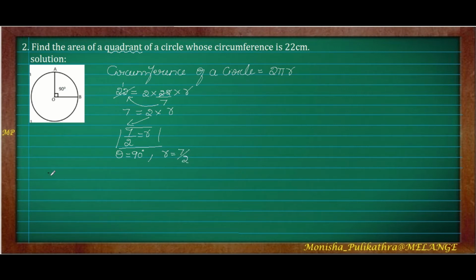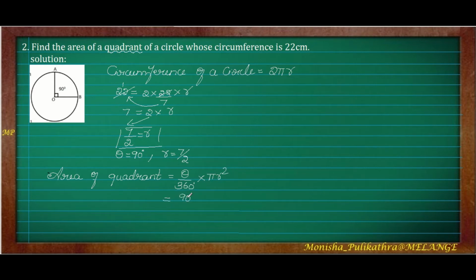Next we need to find out, as usual, the area of a quadrant. Here they have not given sector. So this is sector and also quadrant, okay? So this is a sector, that is AOB with an arc. This is called a sector. Again, if they say quadrant, this is also considered as a quadrant. The only difference is if they ask a sector, they will give theta. If quadrant means we have to take theta as 90 degree. So area of quadrant, again the formula is theta by 360 into pi r square.